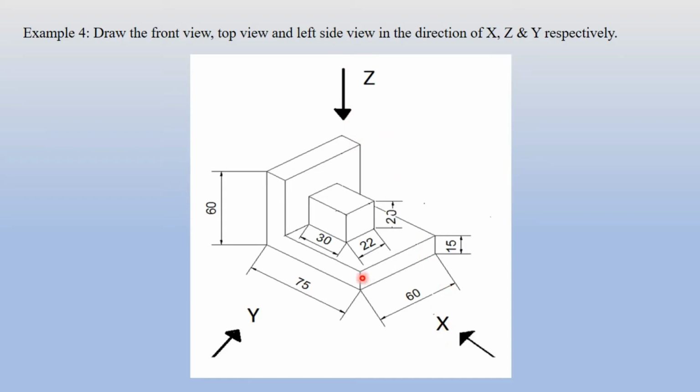So in the front view, this portion will be appearing and this portion will appear. This small box will also appear at the center, but this portion here will not appear in the front view. Left hand side will be very easy because it's just L shape and this box will appear, and top view will have this rectangle, this box and this portion. So we'll see one more time what will appear in the front view, top view and side view.